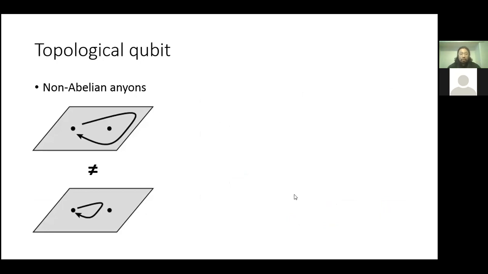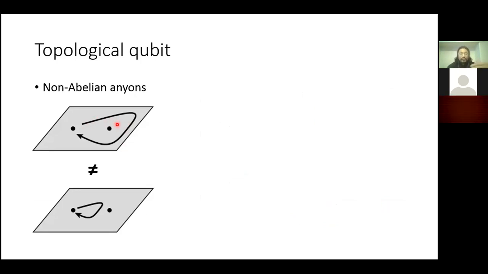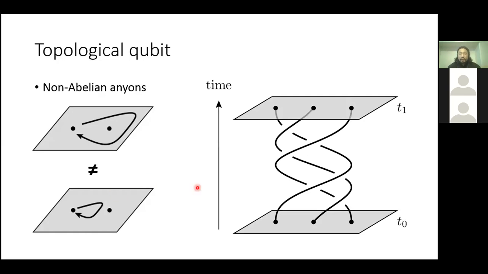If you wind an anyon around another anyon, this is topologically distinct from the case where it does not go around the other. Based on this non-abelian braiding process, we can encode quantum information in the braiding, and as long as the braiding process is correct, the quantum information is immune from environmental